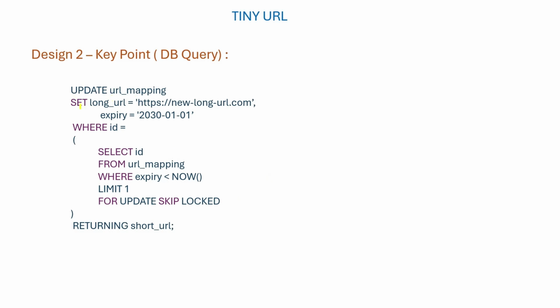We will try to set the long URL and expiry by these conditions: if a particular row has expired and it is non-zero, then we will grab a lock on that and update the long URL and expiry into that row. And a very key important point to remember over here is